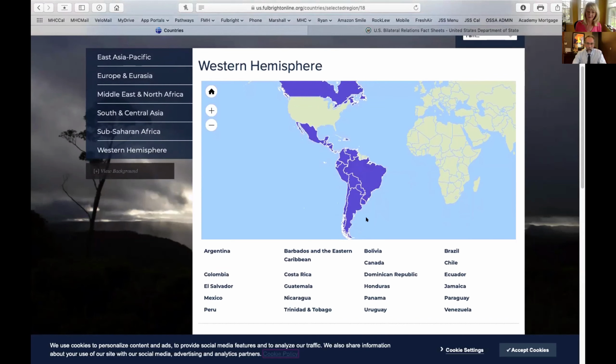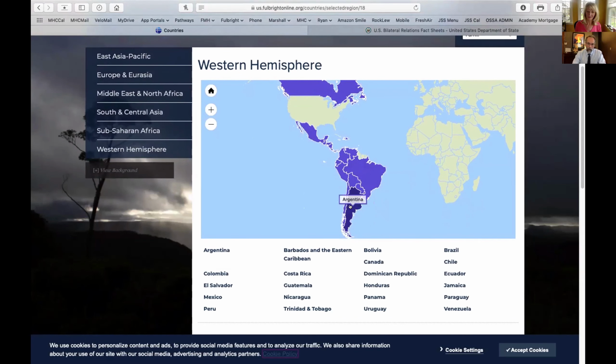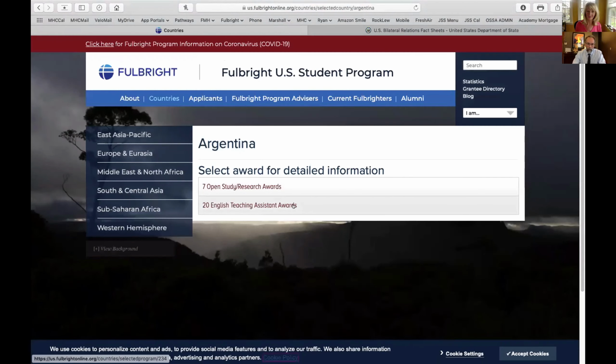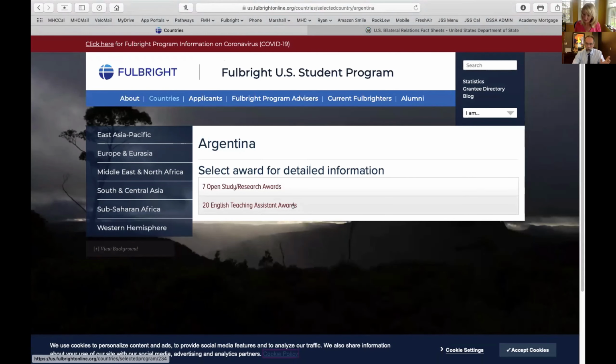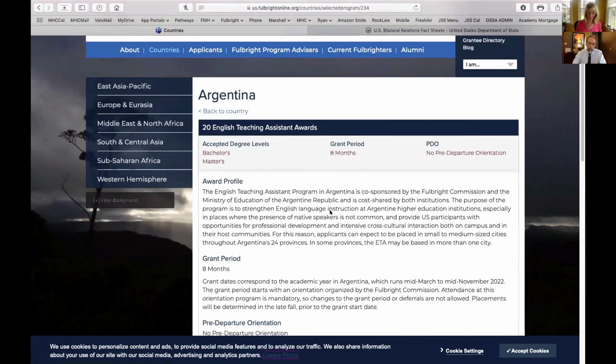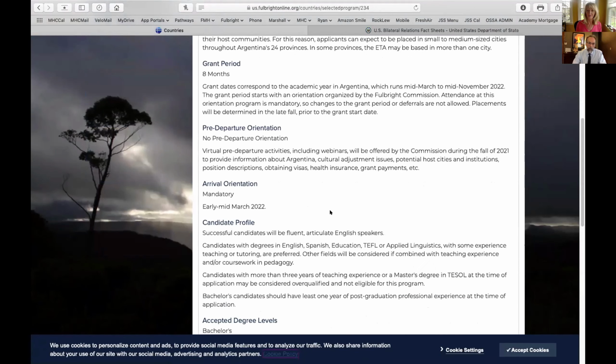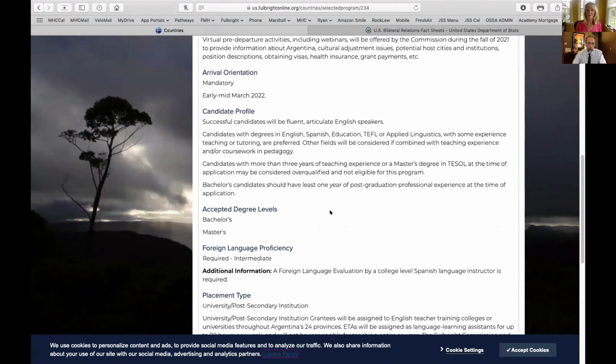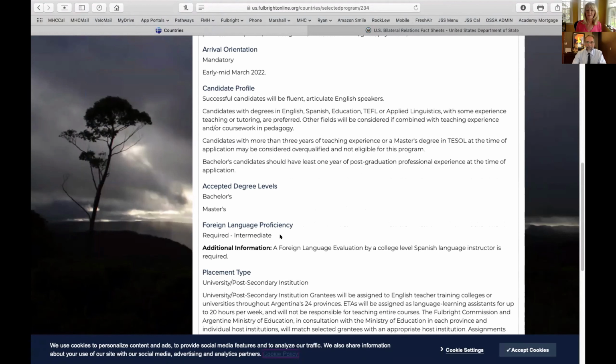And here in Latin America, in the Western Hemisphere, we want to draw your attention to Argentina. 20 English Teaching Assistant Awards, one of the largest ETA programs in Spanish-speaking Latin America. The ETA program in Argentina requires that your foreign language proficiency be at least intermediate. Many of the countries in Latin America require at least intermediate, if not proficient. And so they're going to talk a little bit about that here.